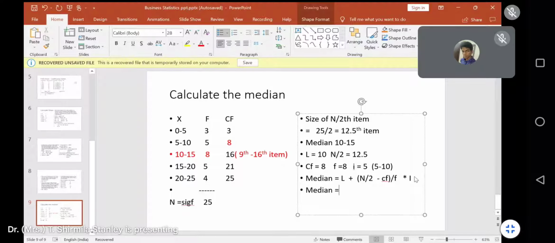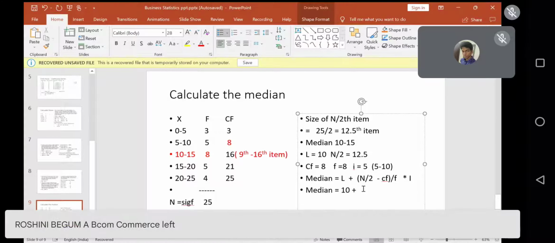So your median will be equal to L, which is 10 plus, okay. So I'll tell you one more way by which students commit mistakes. What they do is they take L also along the formula, inside the formula. L is separate. You're trying to find out 10 plus something is the median. That something is what comprises n by 2 minus CF by F into I, right? But what people do is they'll also take L inside, and then it will become L plus n by 2 minus CF by F into I, and they get confused totally. They'll get a totally different answer.